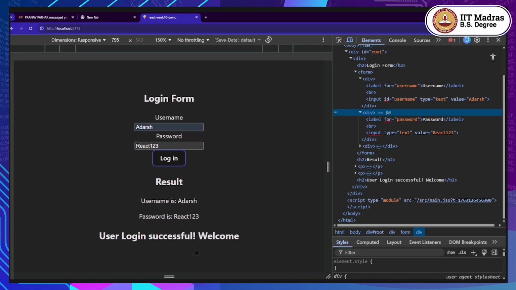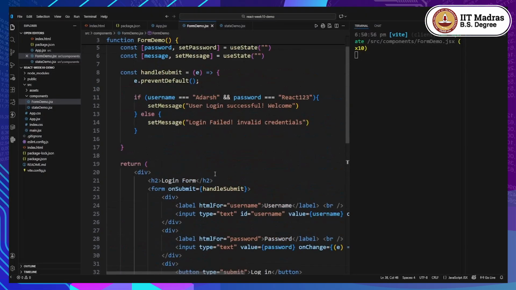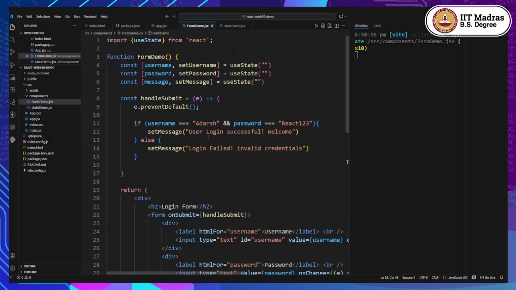Now the second thing is based on whether the login was successful or not, we will be writing the style. Okay, so how do we do that? For that, I'll be using the ternary operators like question mark and colon, right? So what I'll be doing is,